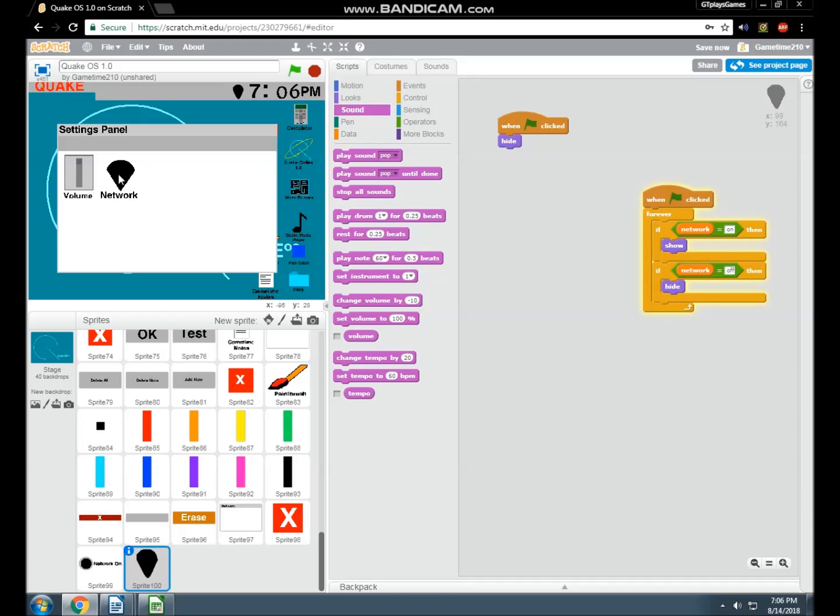We got our network connection done today. So the next episode, we will be able to start work on our internet browser, and then the internet browser will make it so the internet browser cannot run without this being enabled. And by the way, if you turn it off, that disappears.